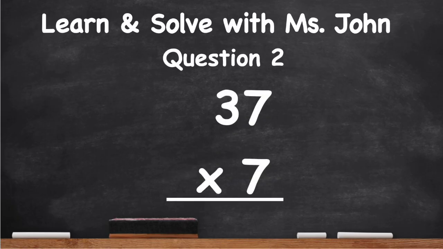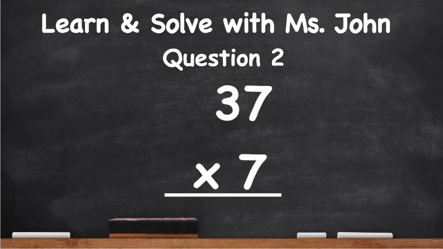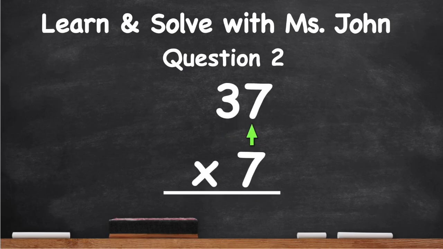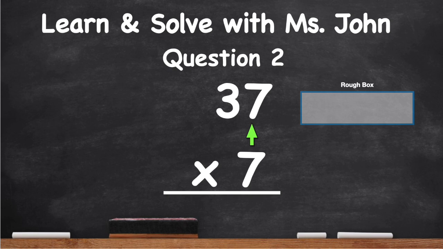Question number 2, 37 times 7. What we're first going to do is 7 times 7 and then 7 times 3. So let's begin. So we're first going to do 7 times 7. So let's draw that rough box. And in that rough box, we're going to write 7 times 7. 7 times 7 equals